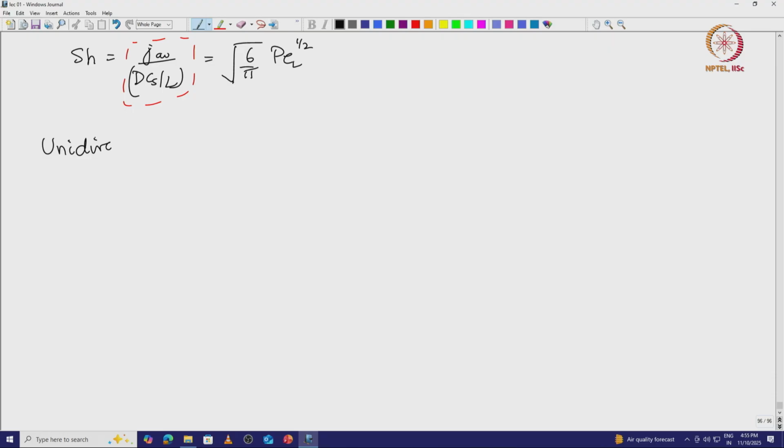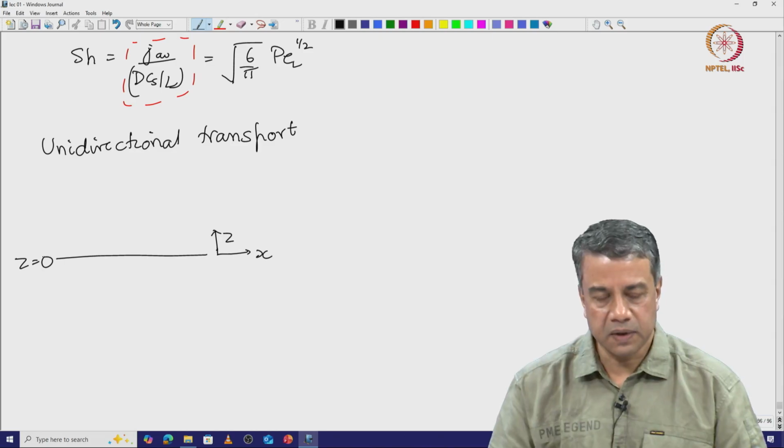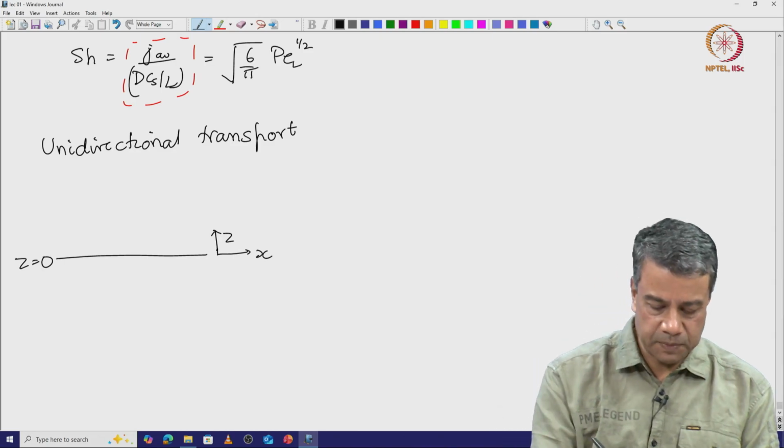In the last lecture, we were examining unidirectional transport, that is transport in one dimension, in this particular case in a Cartesian coordinate system. And the first example we considered was the thermal diffusion from a surface that is located at z equal to 0 into an infinite medium in which the temperature was